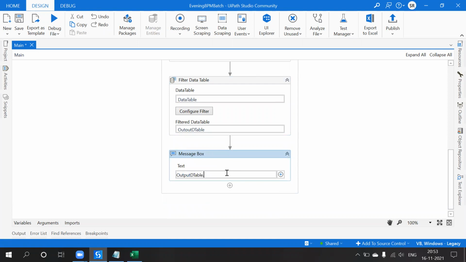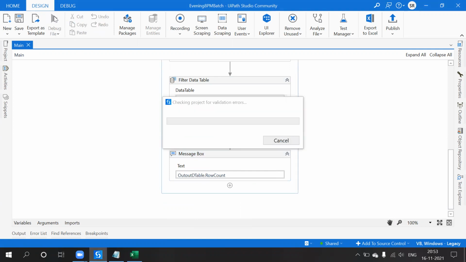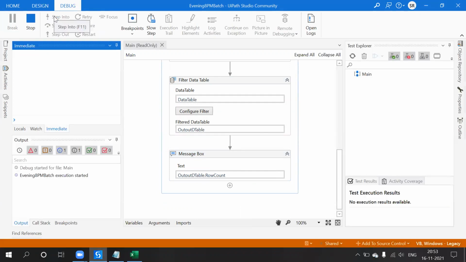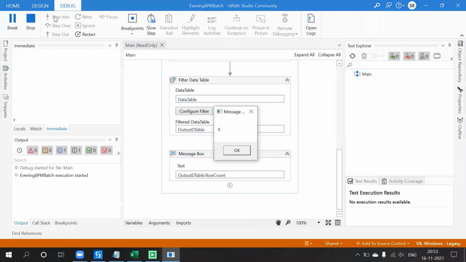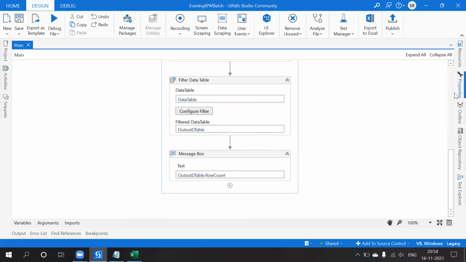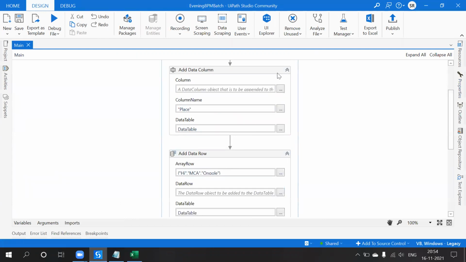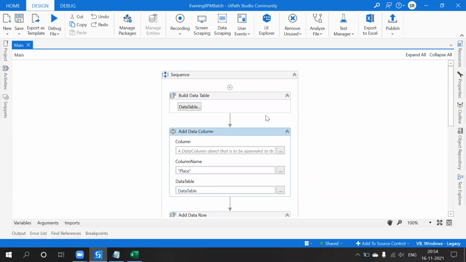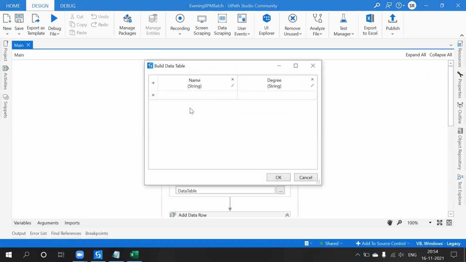Output dot, and we'll see whether we can fetch the data or not. So what does that mean? We'll go and see what the column names are. The column name itself would say data column. This is the data table. So name is there, name and degree.